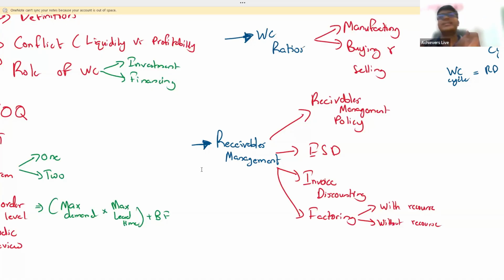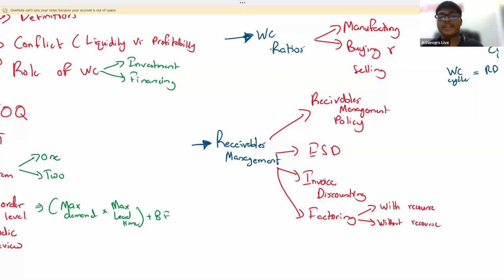Next, advantages and disadvantages of factoring. What are the advantages? Saving in admin cost, reduction in need for management. Useful for small businesses or rapidly growing businesses. Disadvantages: extremely expensive. Factoring has a very bad reputation. Customer goodwill might be lost. Once you go for the factor, sometimes getting the receivable management in house is difficult. The company is losing control. These are the advantages and disadvantages. You have to remember, you might be required to explain or justify.